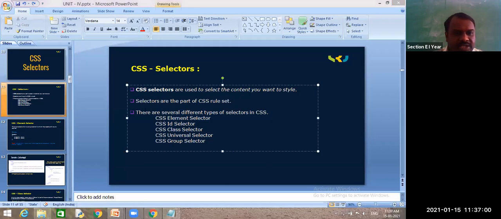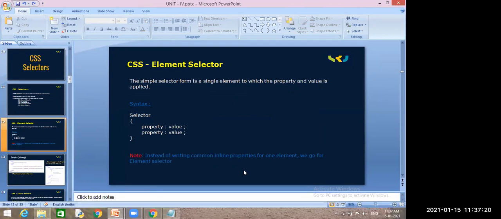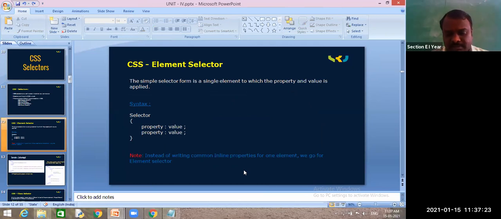I will share these PPTs in Canvas, no issue, but I won't provide the entire material, only up to today's class. And practice. If you practice, only then will you understand how to develop websites. Otherwise, writing a big program without creating a website is a waste, guys. You may write programs in C, C++, Java, but at last you need to represent them using websites.